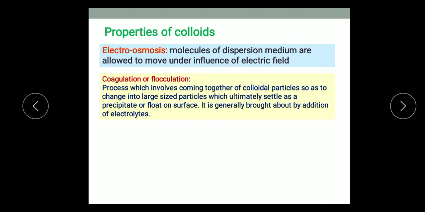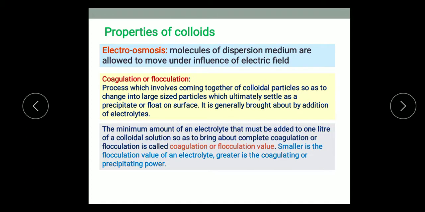जैसा आप देखते हैं मिल्क, if you add lemon juice or tartaric acid or citric acid in the milk, what happens? It gets coagulated. Or when we don't heat milk, then bacteria develop in it, lactobacillus, and they produce lactic acid that causes coagulation of milk. जिसको आप कहते हैं कि दूध फट गया, तो फटना है क्या? It is actually coagulation because milk is also a colloid, and when we change the pH of milk by adding acid, then it gets coagulated.